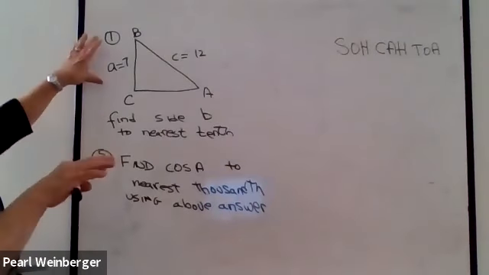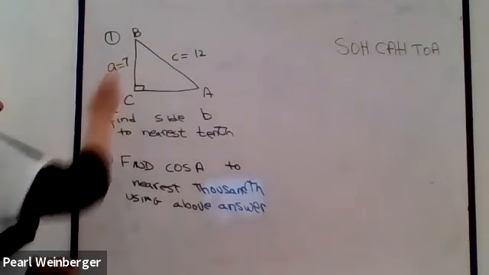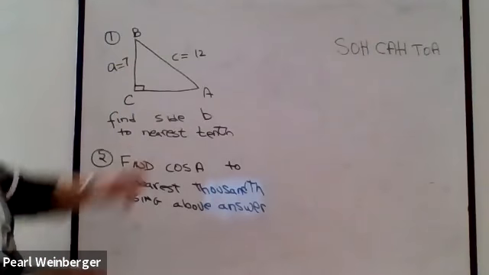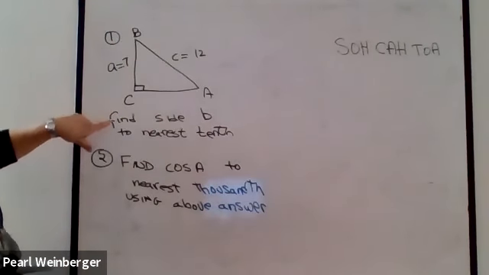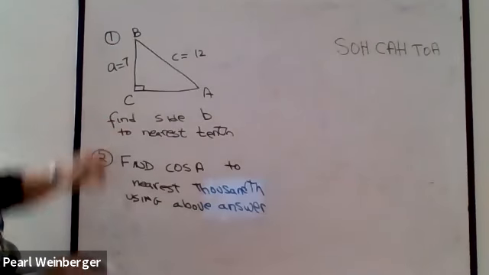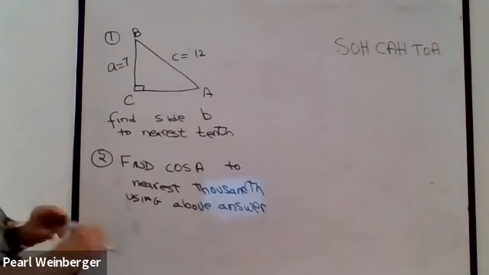So looking at this problem, we have a right triangle. I should have made this little square here. ABC, where C is our right angle. And I asked you to find side B to the nearest tenth. So in order to do that,